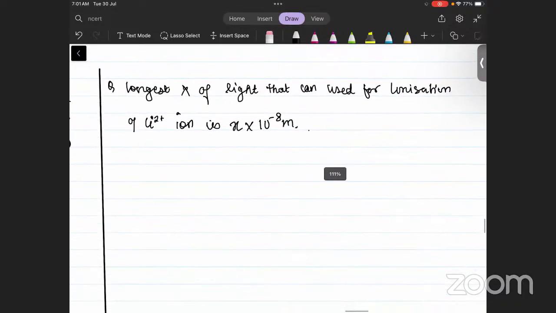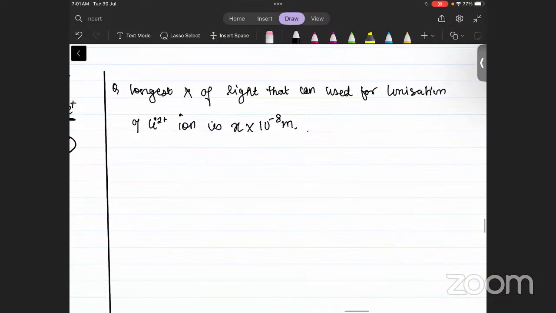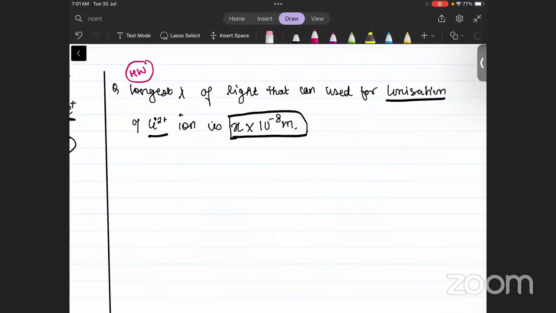Now, okay, this question, longest wavelength, this is lambda, okay? Longest wavelength of light that can be used for ionization of lithium to positive ion is, this is your homework. This is your homework question. So when I say longest wavelength,